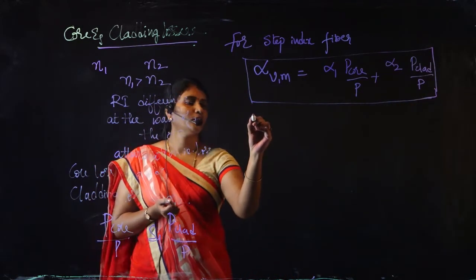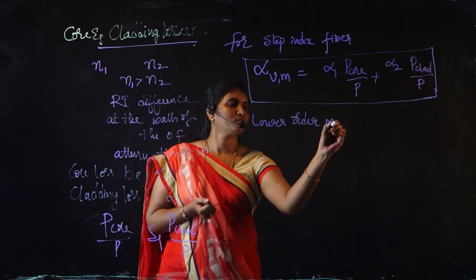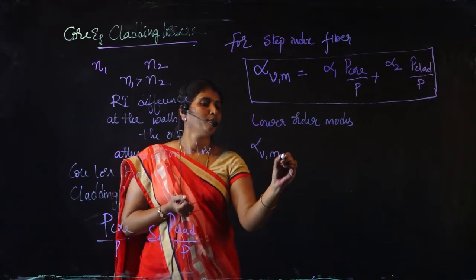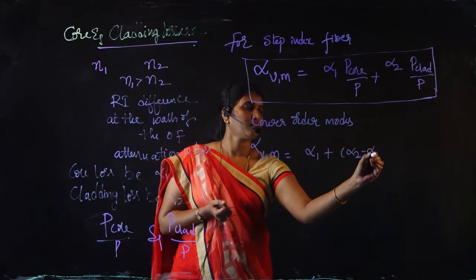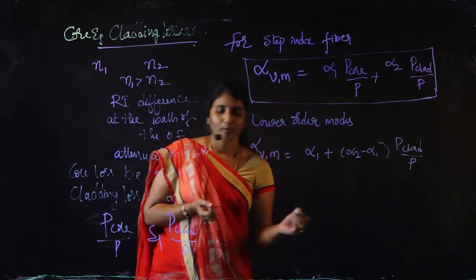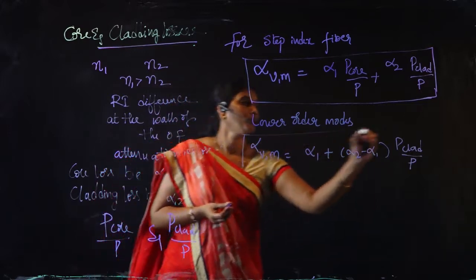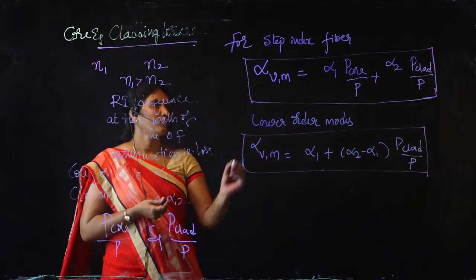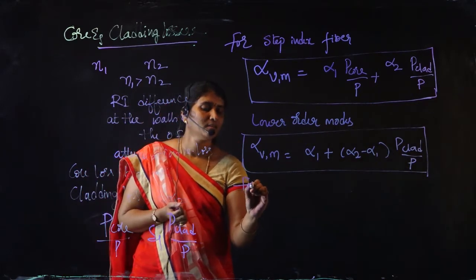If we are going for lower order modes, then alpha Vm equals alpha 1 plus alpha 2 minus alpha 1 into P cladding by P. This is the total amount of attenuation that is caused in the core and cladding losses. Whereas for